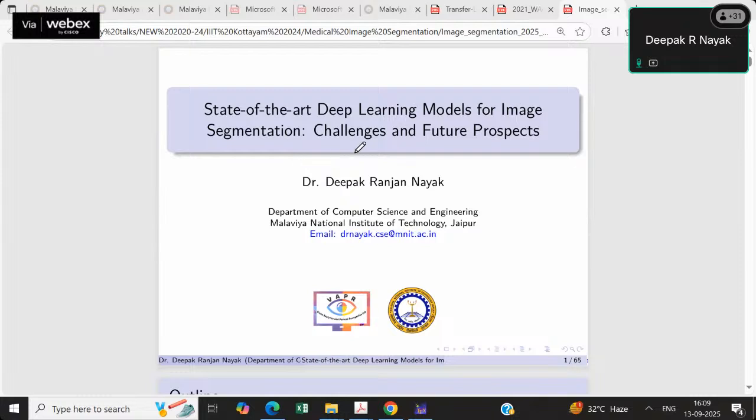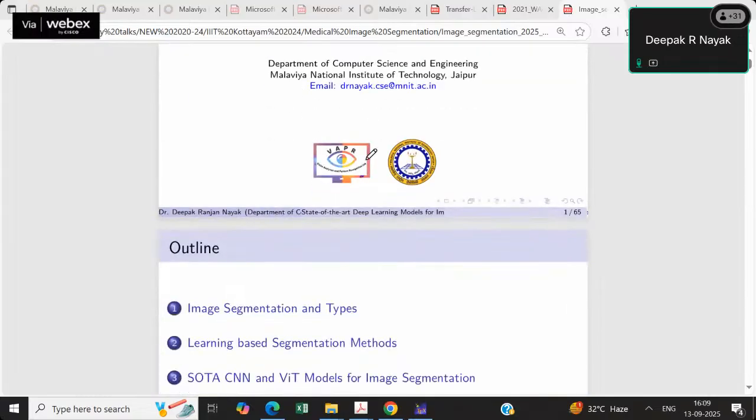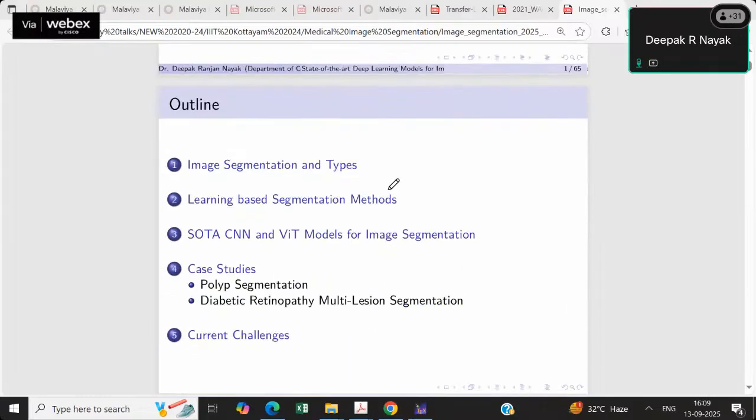Challenges in the traditional image segmentation algorithms, and what are the future prospects of this. So here's the outline of this talk. I'll start by discussing what we mean by image segmentation and how